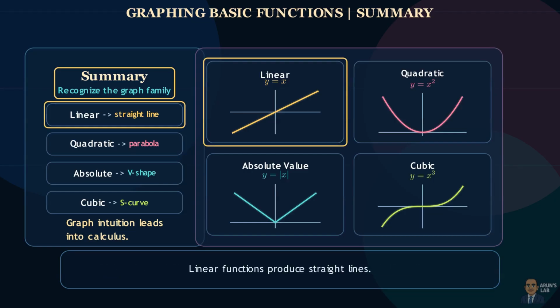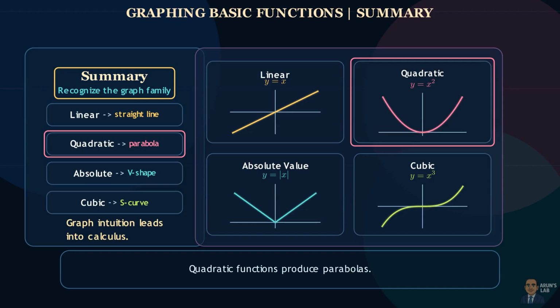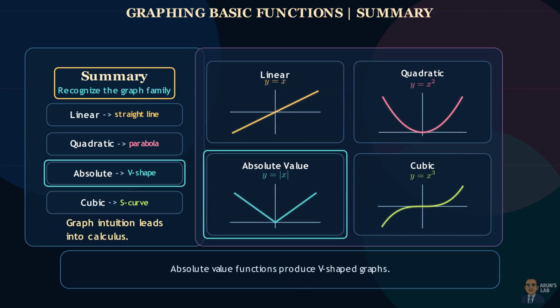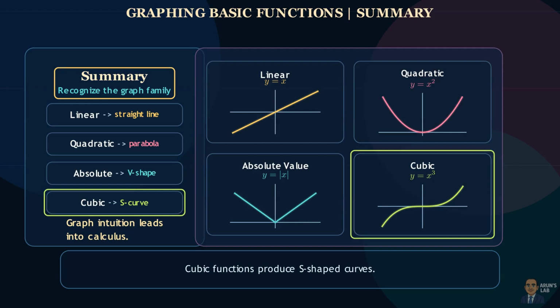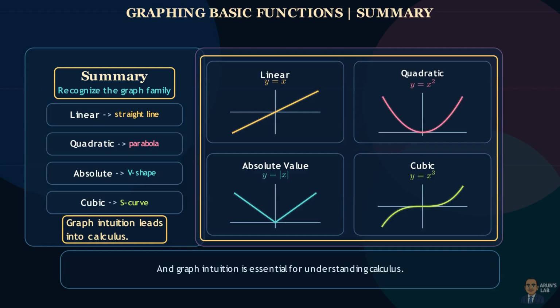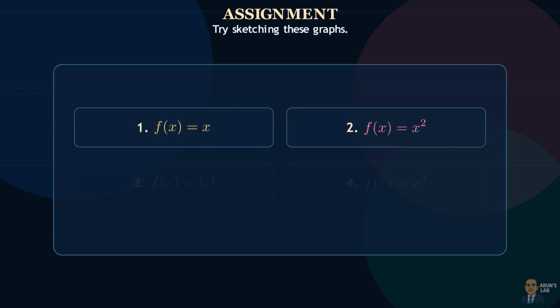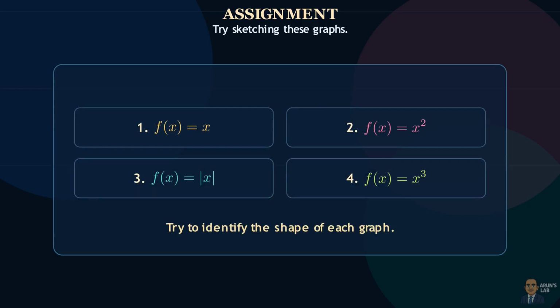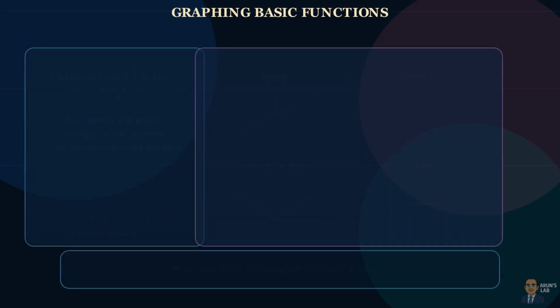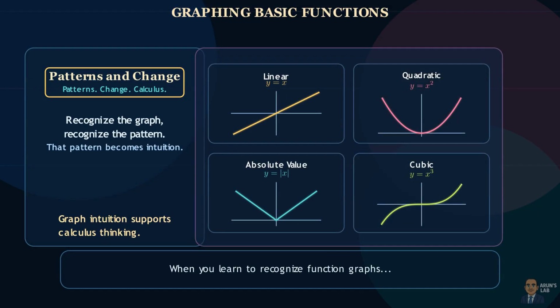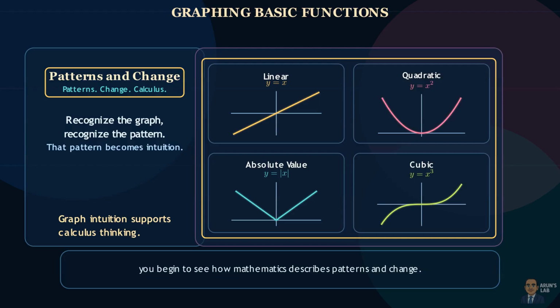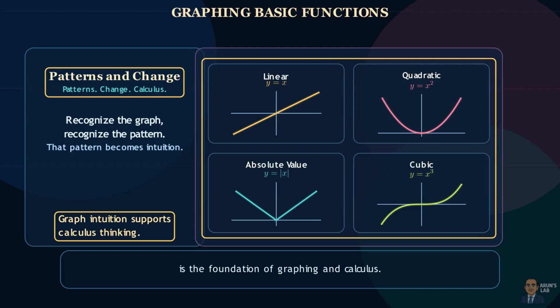A linear function produces straight lines, a quadratic function produces parabolas, absolute value produces V-shaped graphs, and a cubic function produces S-shaped curves. Understanding these shapes builds strong graph intuition, and graph intuition is essential for understanding calculus. Try sketching the following graphs on your own. Try to identify the shape of each graph. When you learn to recognize function graphs, you begin to see how mathematics describes patterns and changes. And understanding these patterns is the foundation of graphing and